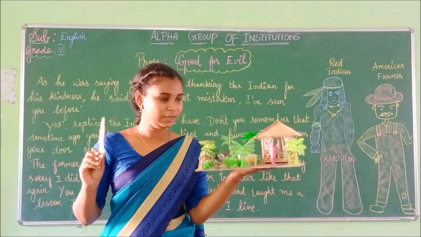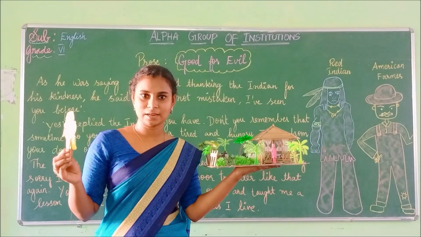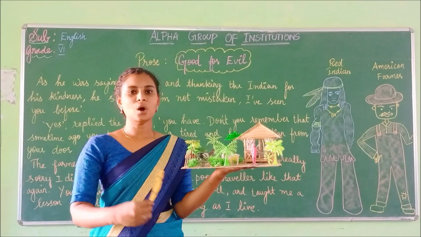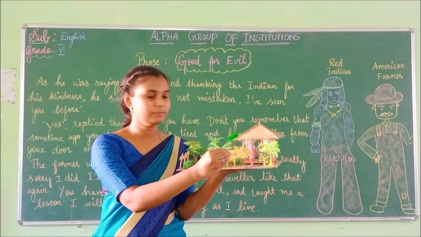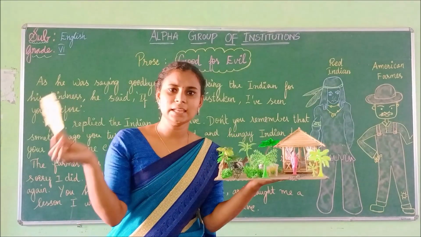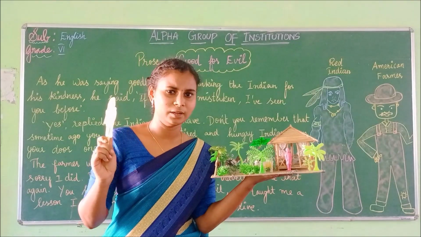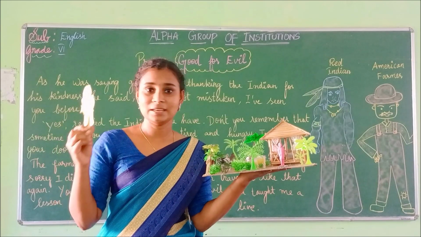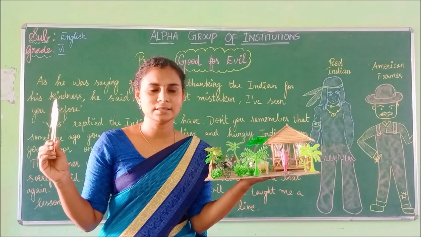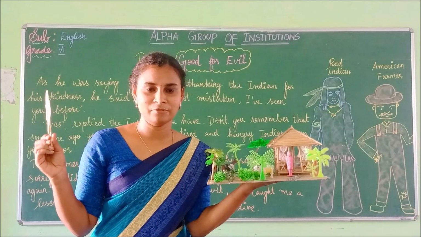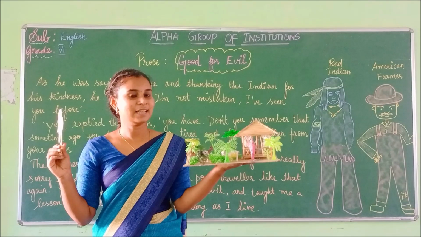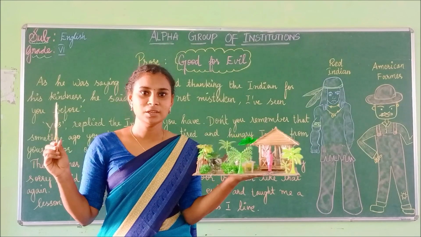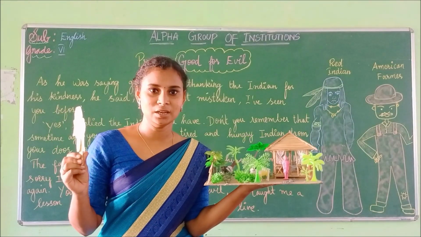So after that, what happening? This farmer is thanking this Red Indian for his kindness and the help he offered. And all along the way, the farmer was thinking that he has seen this Red Indian somewhere, but he could not recollect where and when. So he was just thinking all the way, and when he finally thanked this person, he asked, if I'm not mistaken, I have seen you somewhere. This Red Indian answers, yes, you have seen. Don't you remember that one evening, you chased away a poor Red Indian who was in need?